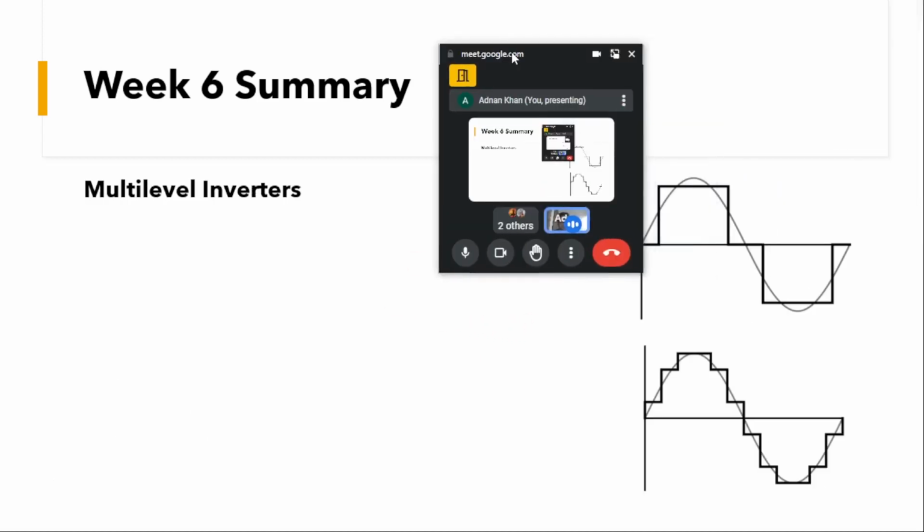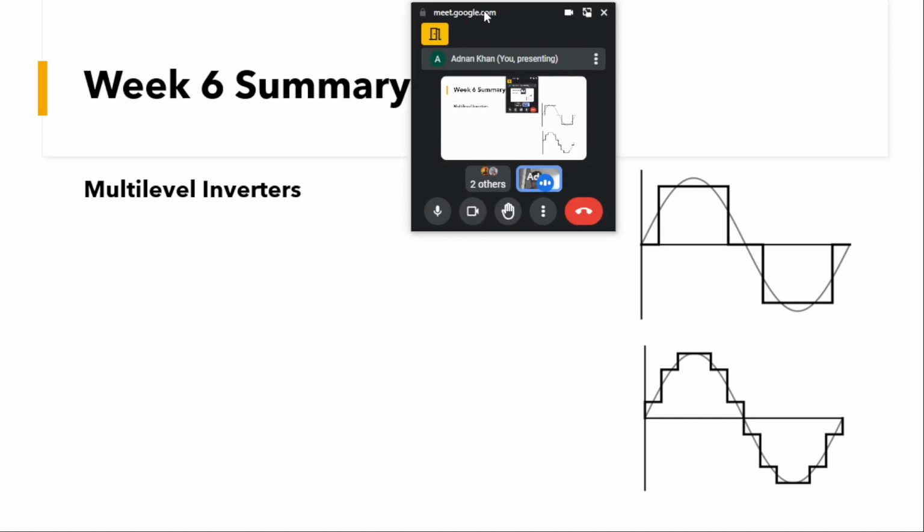So now I'll be discussing multi-level inverters. Up till now we saw that we are able to have this two-level inverter. What we wanted to do is generate an AC voltage, and we know the best AC voltage we could generate is a sinusoid, which is what is available to our AC grid. The simplest that we were able to generate is this